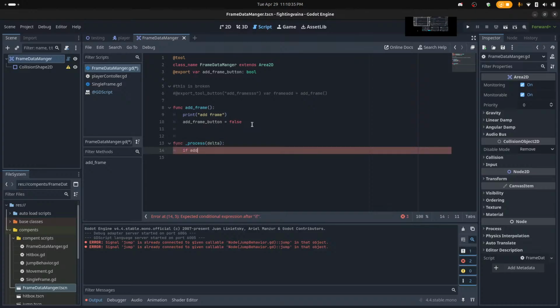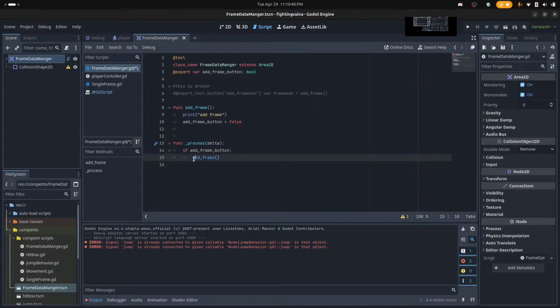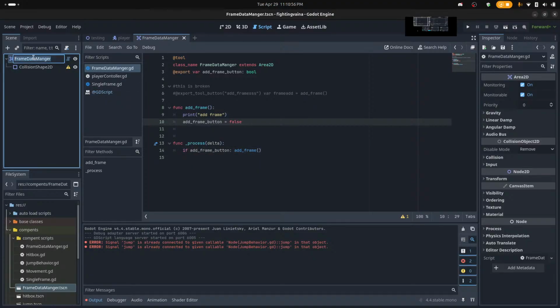If add, no, that will be needed. If add frame button is true, then we'll add a frame. And we can put that in one line. Cool. Okay. Now if we click on this thing,